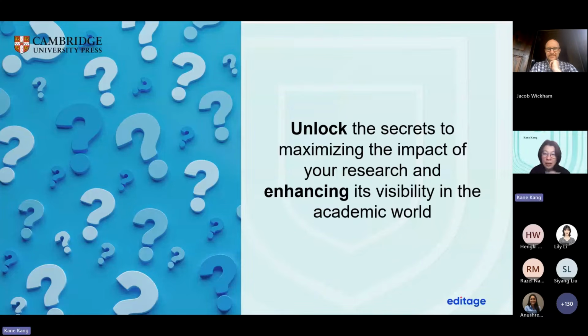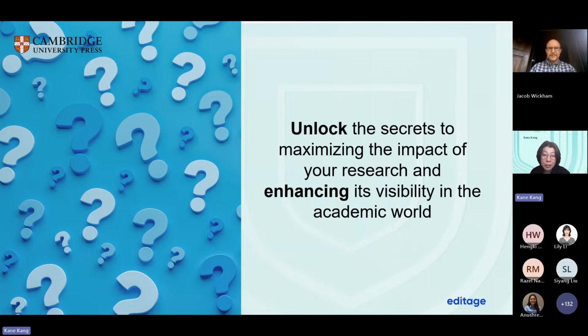When it comes to maximizing the impact of your research and enhancing its visibility in the academic world, consider social media platforms, collaborating with other researchers, and publishing in reputable journals.